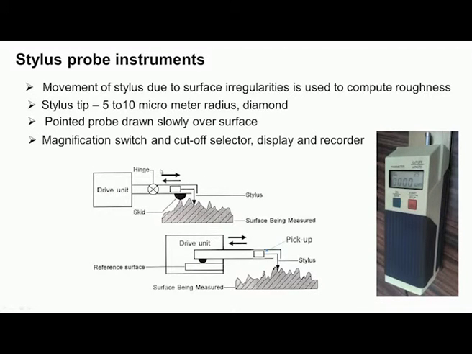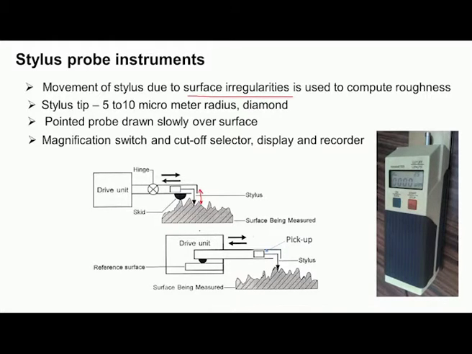Now, let us study some of the stylus probe instruments, the design of the stylus probe, and the various elements of stylus type instruments. Here we have the surface being measured, with asperities, peaks and valleys. And then we have a pointed stylus here. That pointed stylus is made to move on the surface under question, and because of these asperities, the stylus will move up and down,